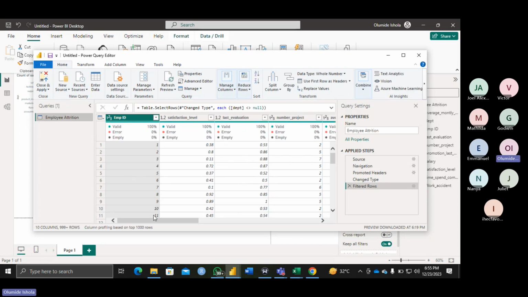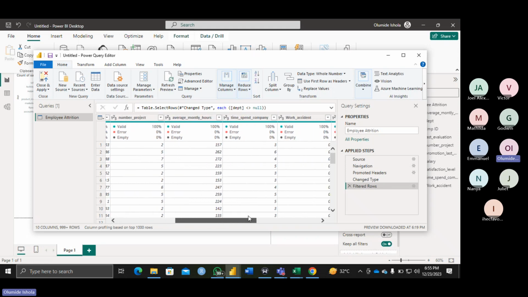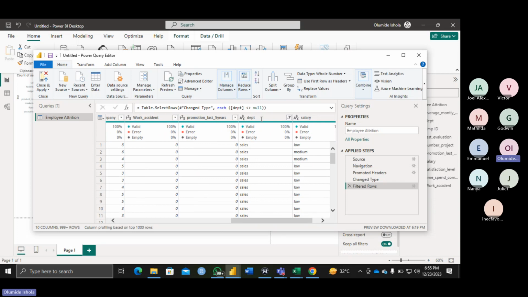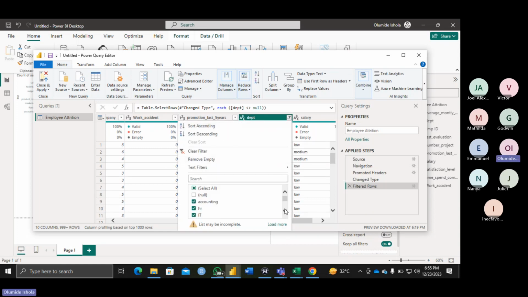Since I found the error by the use of visualization, you can see most of the things here are 100% valid, 100% valid, 100% valid. Even up to the salary, and even the department where we later found an issue, is showing us 100% valid and correct. So in this sense, what I did here is to remove the none. Look at this, I unchecked it. If I checked this none back and load it,